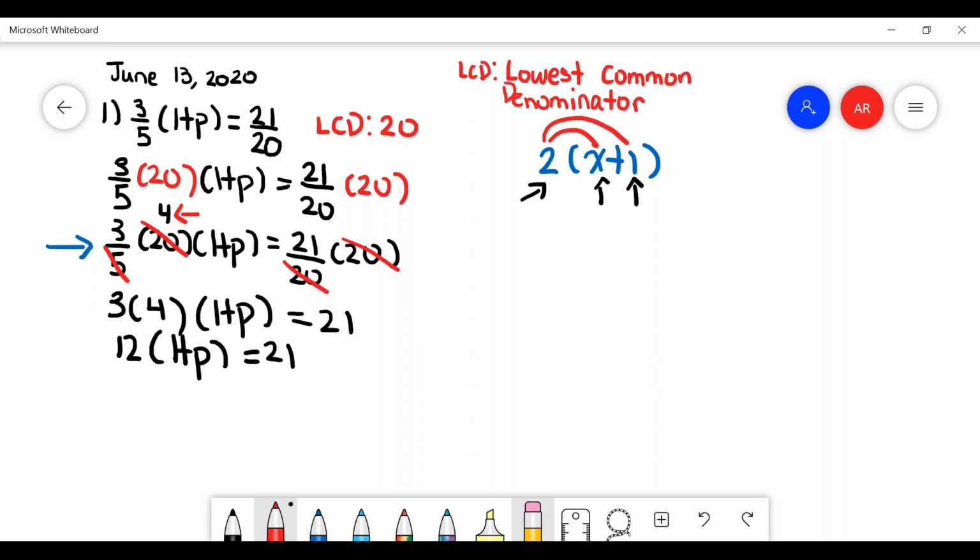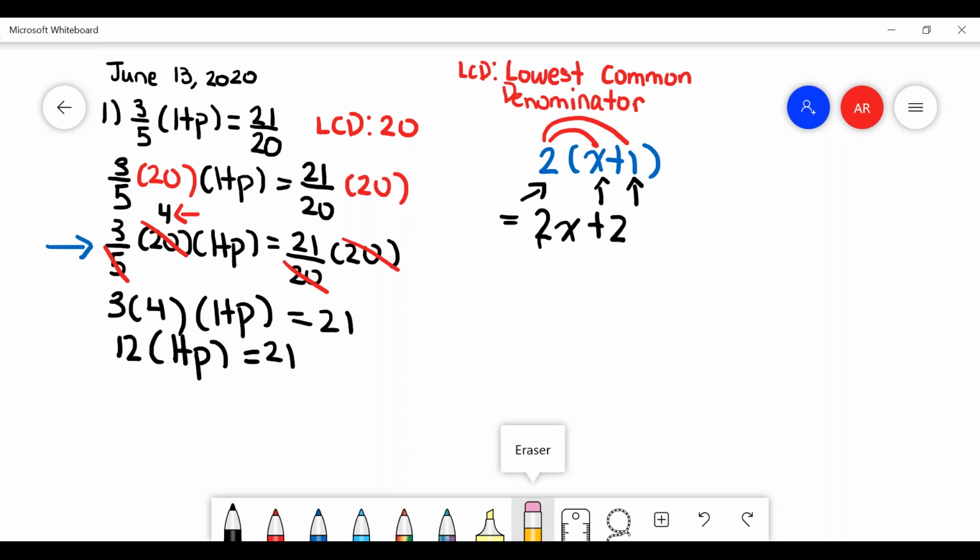So basically 2 times x plus 2 times 1. So what we have here is 2 times x is 2x, and 2 times 1 is 2. So when applying the distributive property in this case, the answer would be 2x plus 2. So now that we have that,